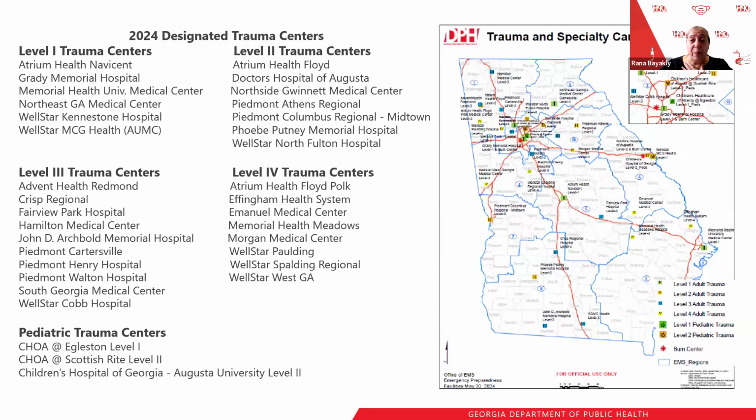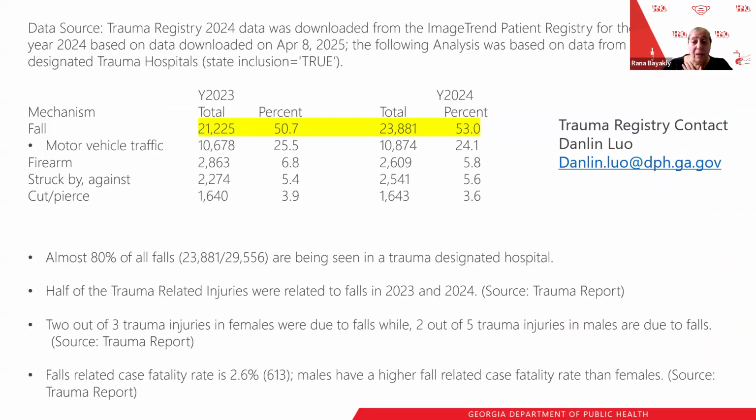Then we have reports that tell you the hospitals that participate in the trauma registry. We have a map available that can show you where the trauma hospitals are located. And I think in 2024, we have about 33 hospitals in the state of Georgia in the trauma registry. Why is this important? Because